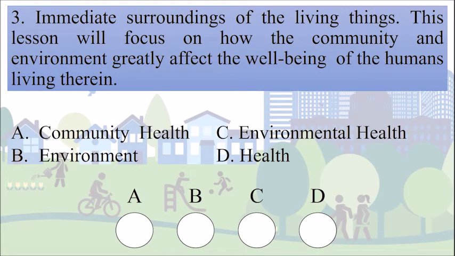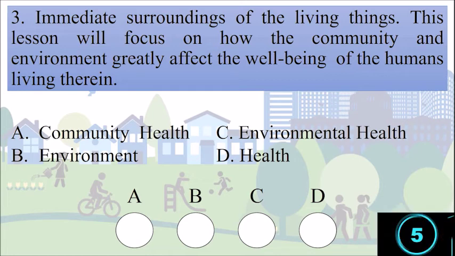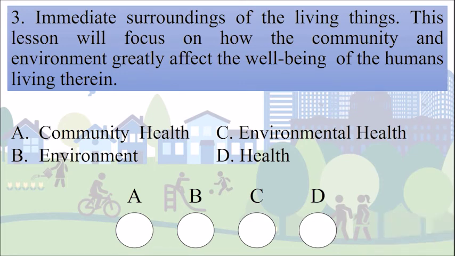Number 3. Immediate surroundings of the living things. This lesson will focus on how the community and the environment greatly affect the well-being of the humans living therein. A. Community health. B. Environment. C. Environmental health. And D. Health. The correct answer is